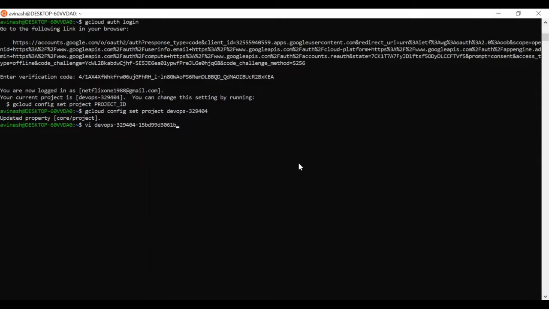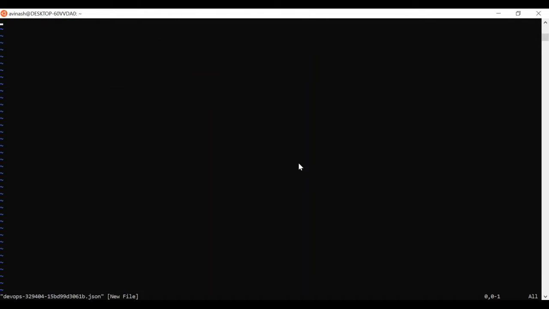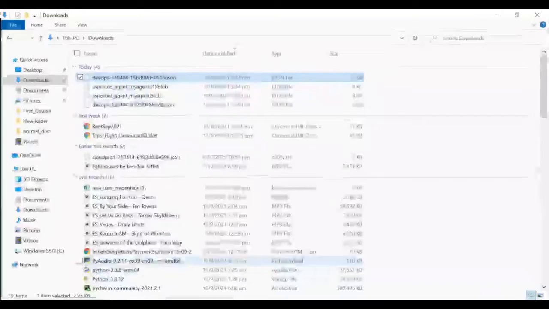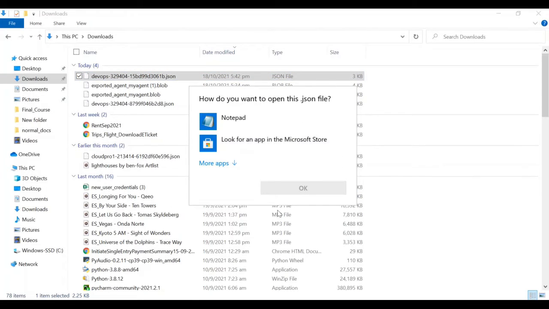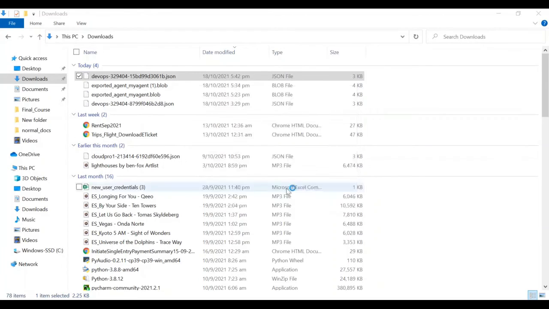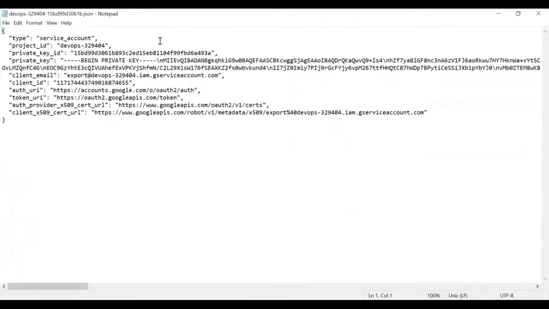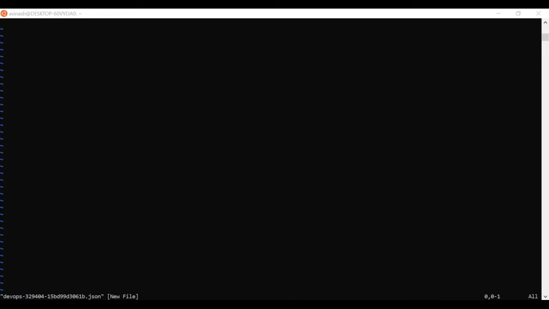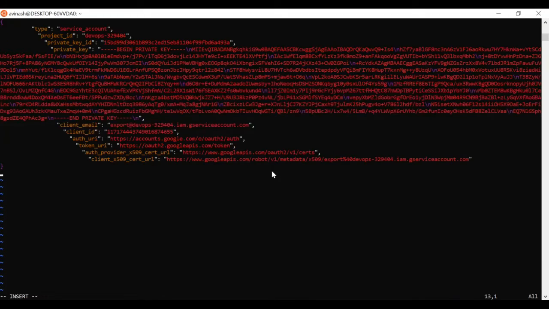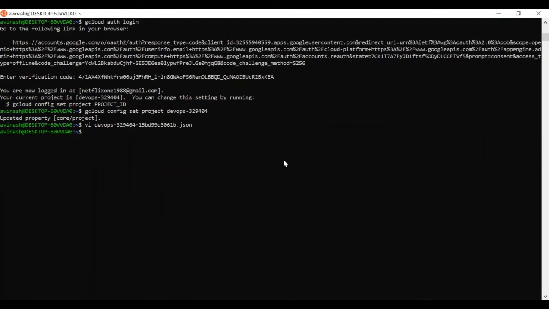It's not mandatory that you give the same name. This totally depends on you. Whatever name you give, it's okay. And then I open it in Notepad, copy the contents, and save it.